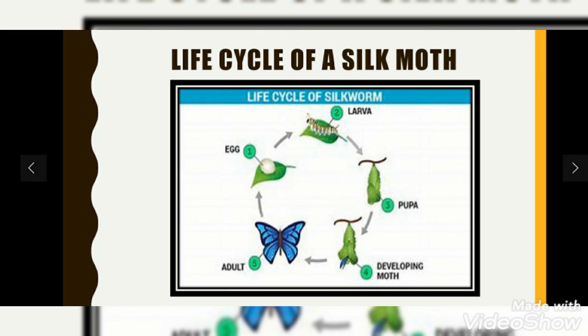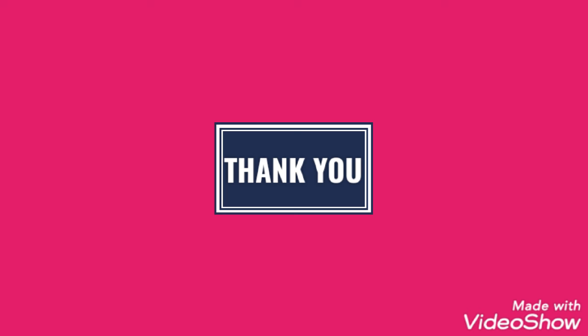Now how is the silk obtained? There is a typical life cycle of a silkworm. First it lays eggs on the mulberry leaves. Then it changes into larva. From larva it changes into pupa, from pupa into a developing moth, and then an adult. The pupa stage is in the cocoon stage, and now the silk is obtained in this cocoon. Later on these cocoons are broken up, and the silk fiber we get from there. Hope I am clear with how we get wool from